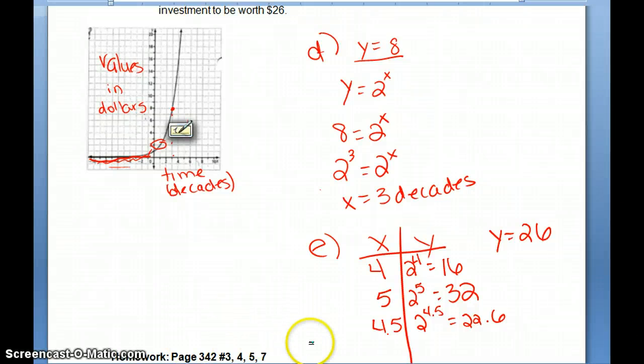So our next one, let's try 4.7. Sure. It's kind of nicely in between those values there. Let's see what happens when we put 4.7 in for x. So we have 2 to the power of 4.7. Put that into your calculators. And what you guys will find is that we are at 25.99. So that there is actually pretty darn close. I would expect you guys to go into more decimals. If you guys want to try 4.8, you'll find that that's too high. So what we can say is that approximately,